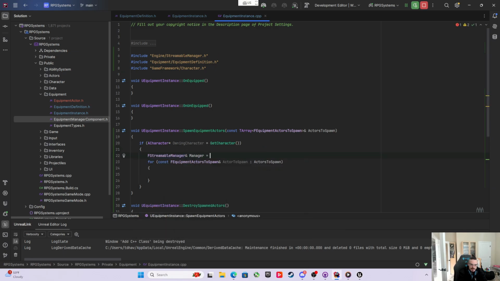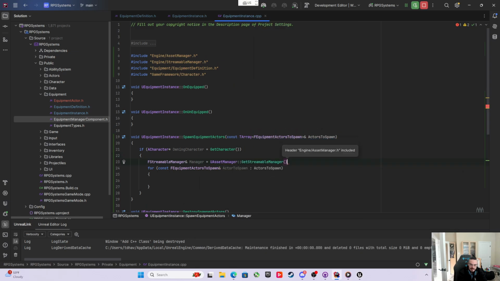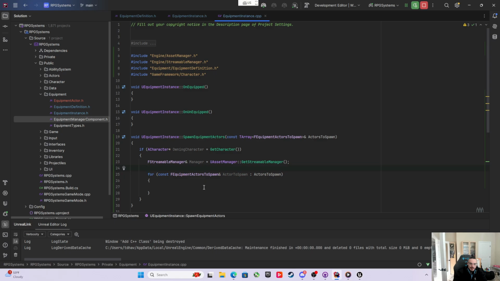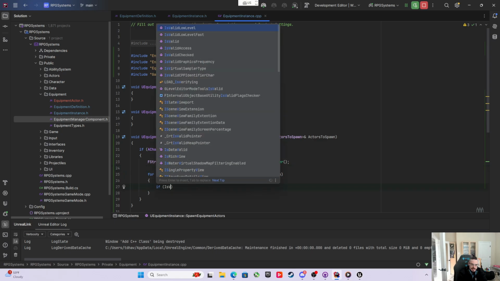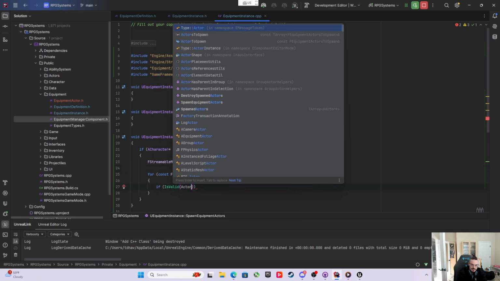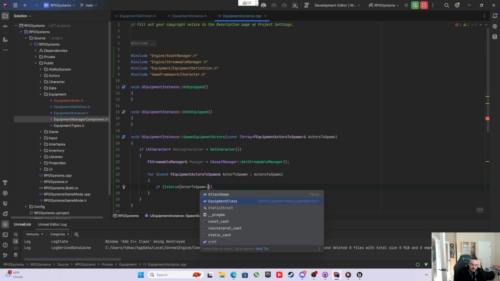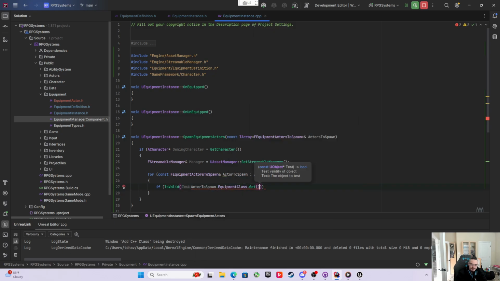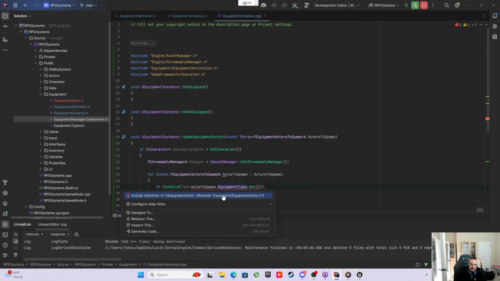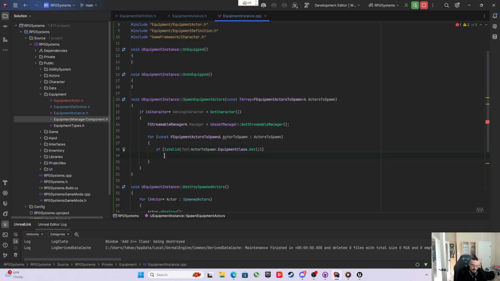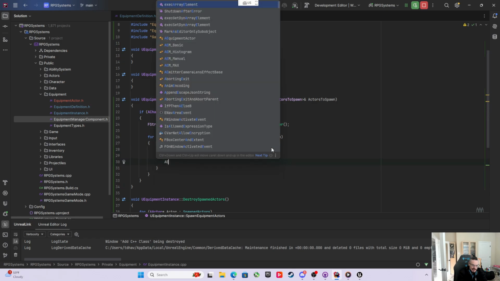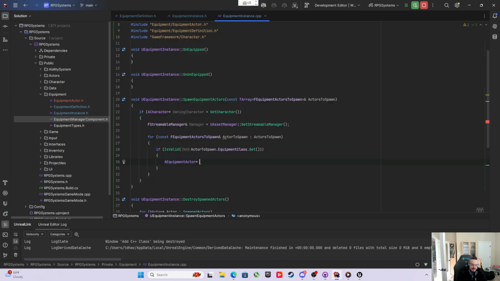Reference called manager, set that equal to UAssetManager, get streamable manager. And then we check if is valid actor to spawn dot equipment class dot get. And then that means we need to include equipment actor. So if that is, then we're going to say AEquipmentActor pointer new actor, and we'll set that equal